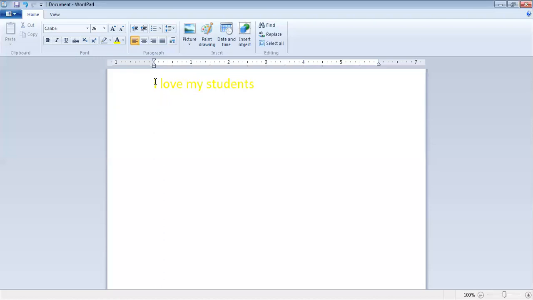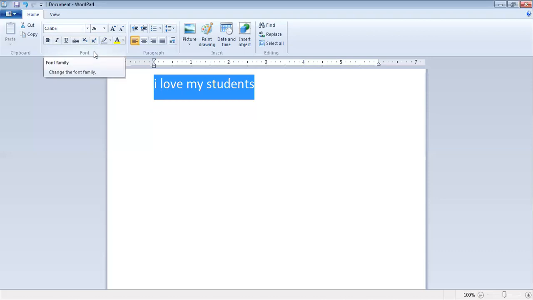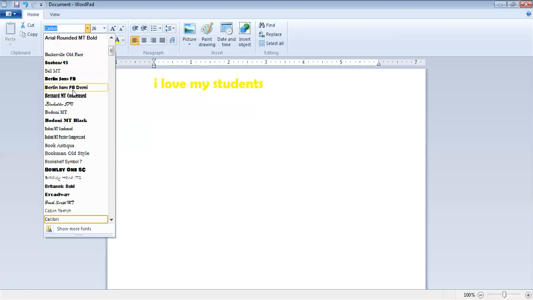Now I want to change the font family. What does font family mean? I want to change the handwriting that is being written. First, I will select the text, as I have told you how to select it. I will put my mouse cursor at the beginning, press the left click button, and then drag it. After that, I will click over here where Calibri is written. That means I want to change the font family. Now, there are a lot of ways through which I can write my text. We have to decide what type of text we want, choose it, and then just select it.